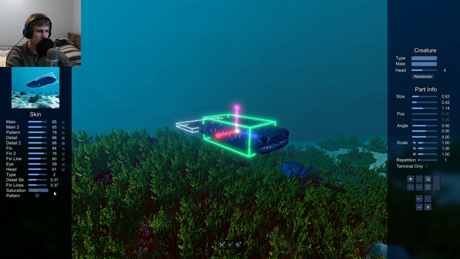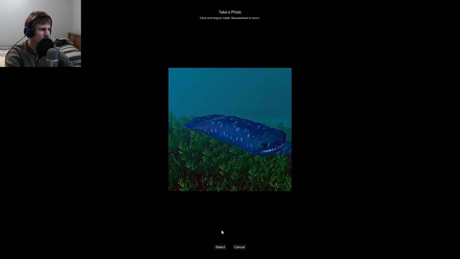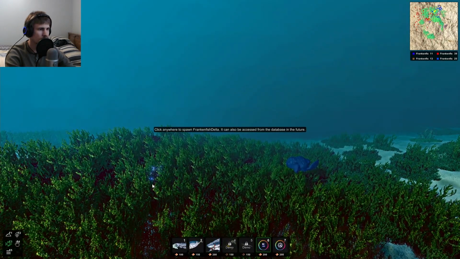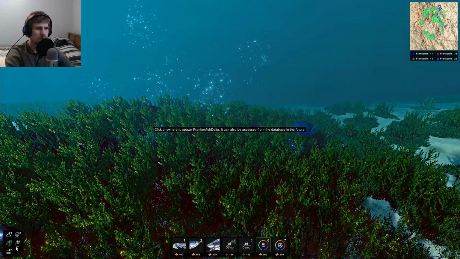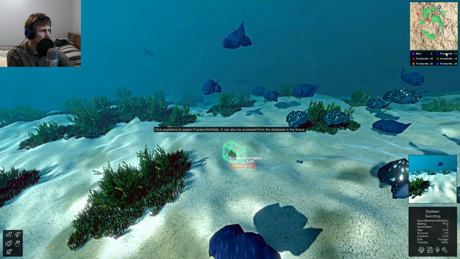Skin, I'm not going to do too much with. You are... Frankenfish. I believe it's Delta. So we're going to see what this flat tail kind of gives it. Is this going to be an easier way that it's going to be able to move and we can see... That's alpha,